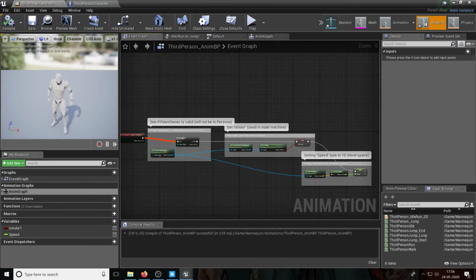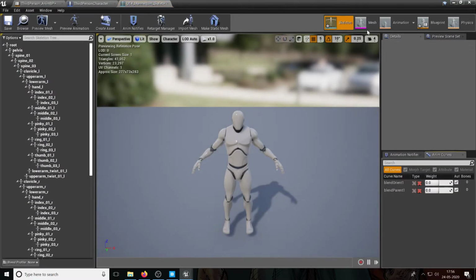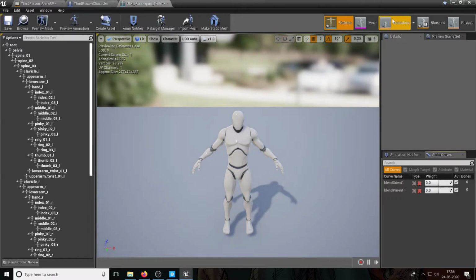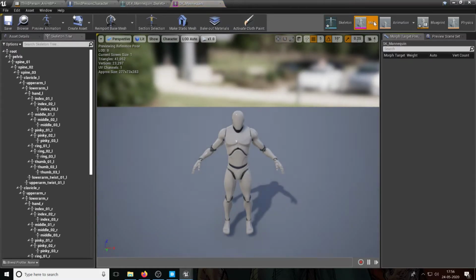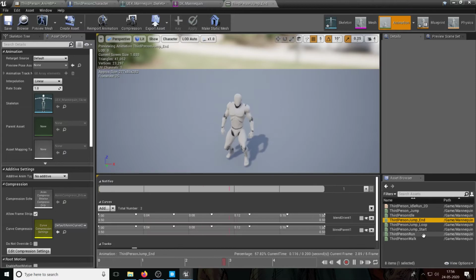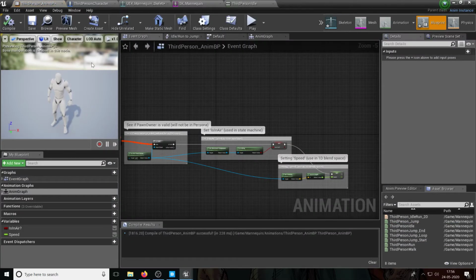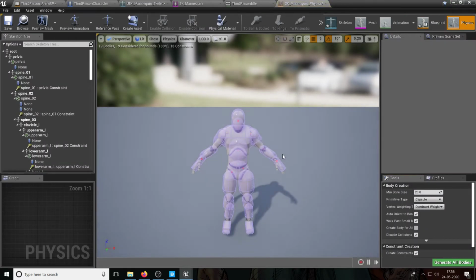Right? But one thing I need you to know before we get into creation is that all animation blueprints are dependent on a skeleton. So you see this step 1, step 2, step 3, step 4, step 5. There's a skeleton, and the skeleton has a mesh, and then the mesh has some animations. Right? You can see all the animations here. It's like an animation browser, and then you have a blueprint that combines and compiles all these animations, and then you have physics that makes sure of where you are hitting something and what the weight of different things is.